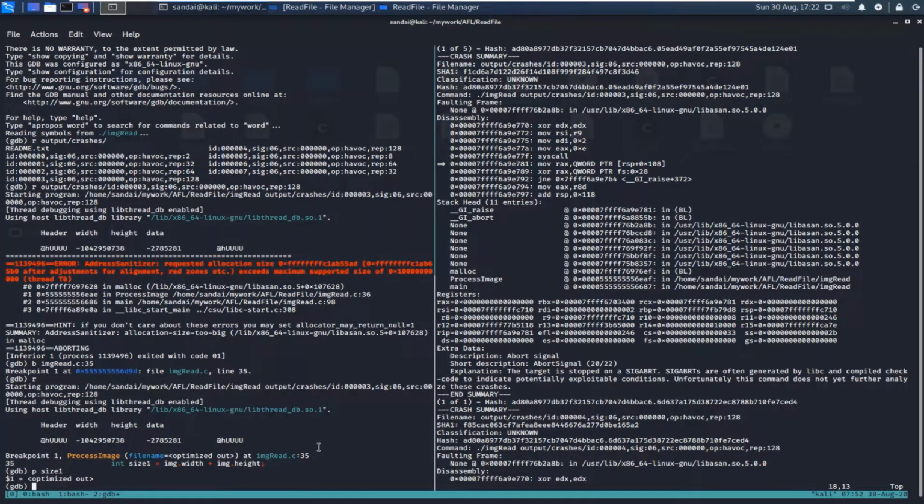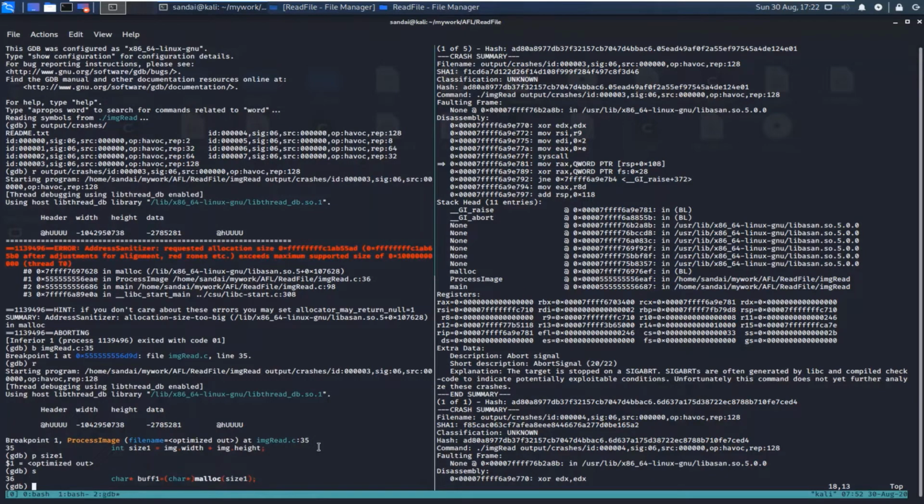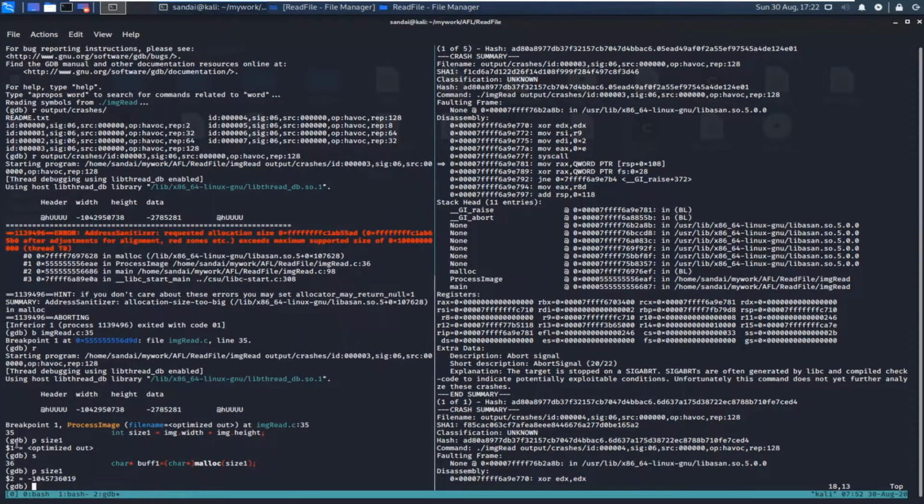That's okay. I have not made a debug build. I will modify my makefile. Anyway, let's move to the next step, and now let's print size 1 again. So it gives this number, which is negative. Now as you can see, what is happening over here is that since width and height both are negative, the result, when you add two negative numbers, will be negative, and so this has become a very large number over here, but it's negative.